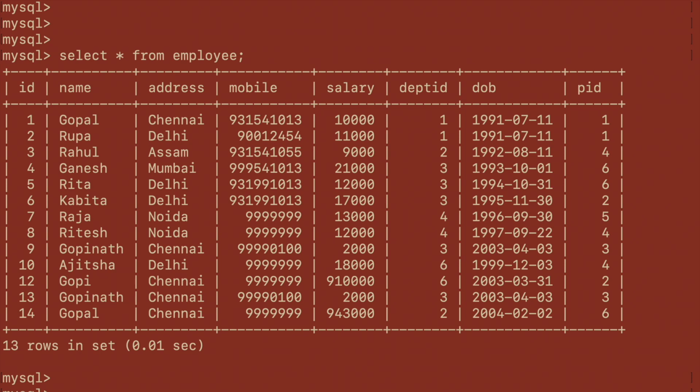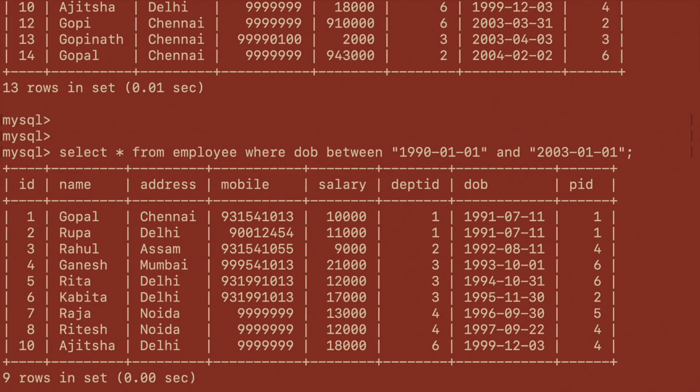we need to use the date column like 1990 01 01 and 2003 01 01. Okay, so let me check. You can see all the list of employees having the date of birth between